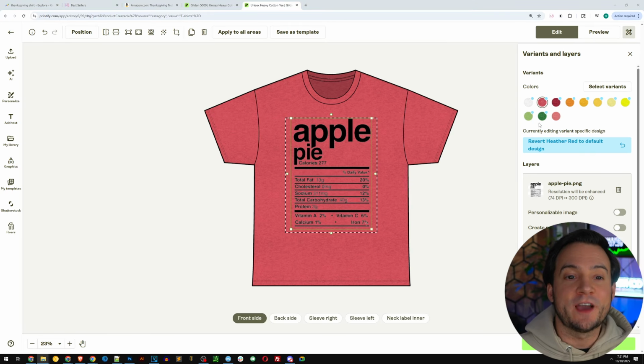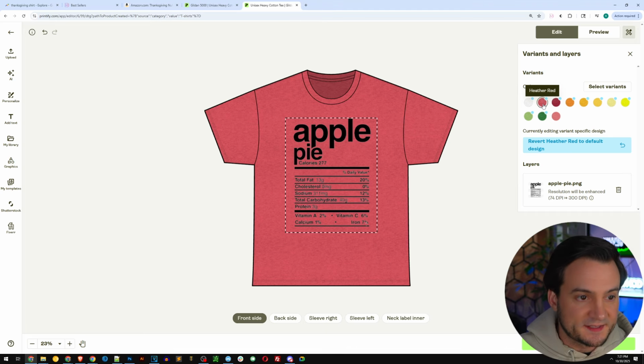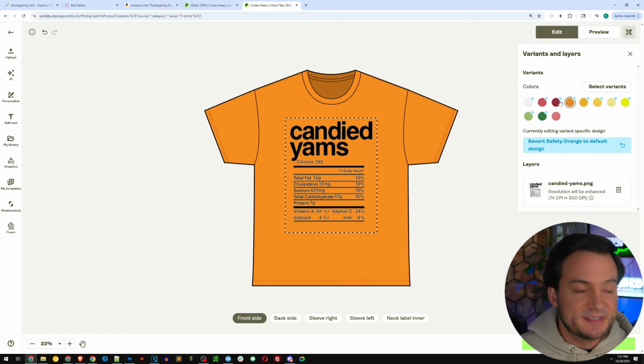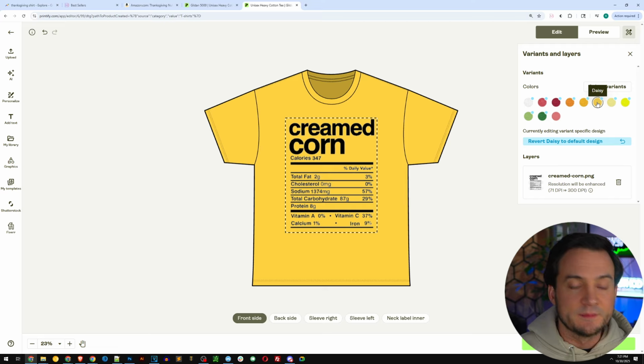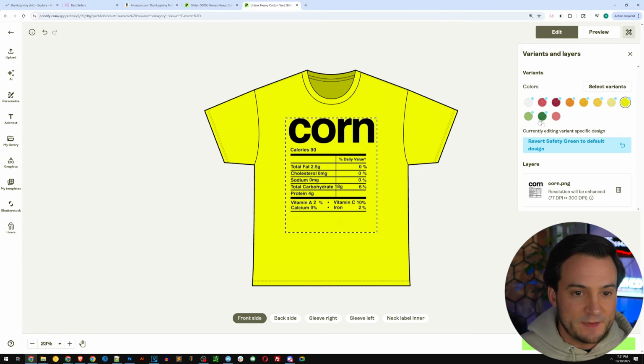And before you know it, you've got your entire listing set up here in Printify. So if I select white, we've got deviled eggs, heather red is apple pie, cardinal red becomes cranberry sauce, safety orange becomes candied yams, gold becomes cornbread, daisy becomes creamed corn, corn silk becomes banana pudding, safety green becomes corn,